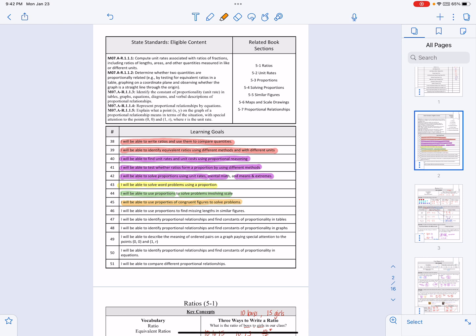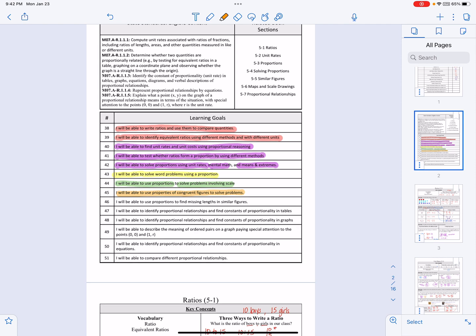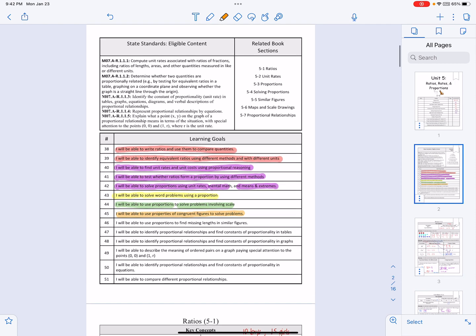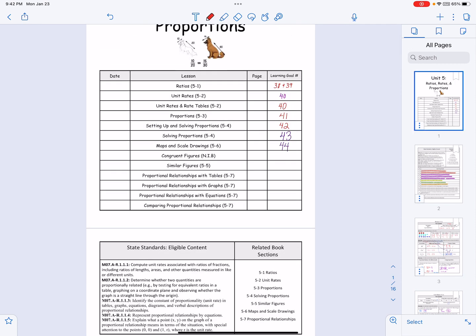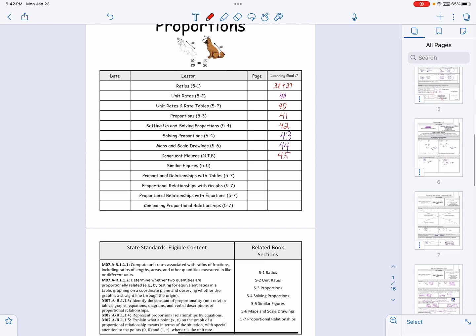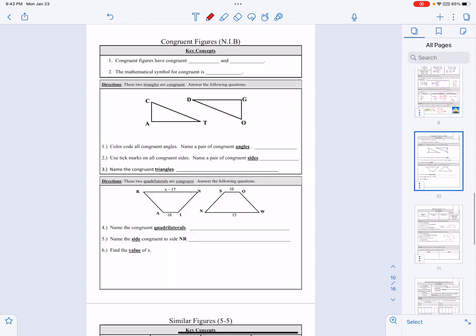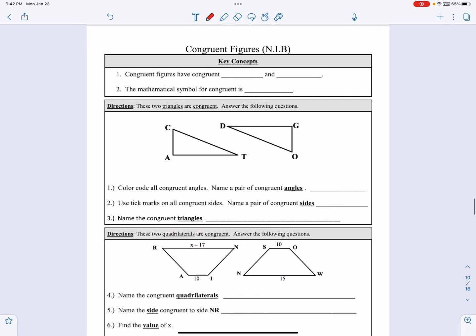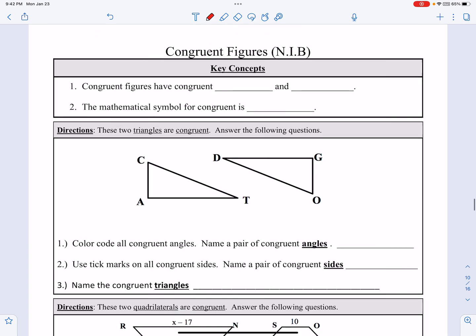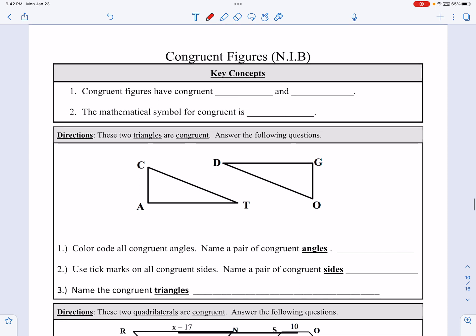And so let's go ahead and take a look at that. 45, congruent figures. There we go. Okay, so scrolling down in the page sorter here, let's get to this lesson. All right, so a congruent figure has congruent sides